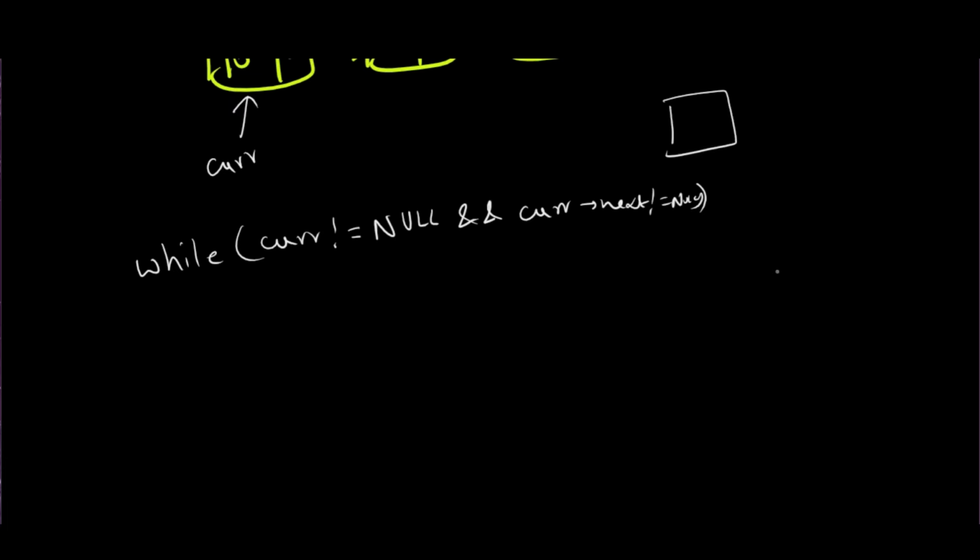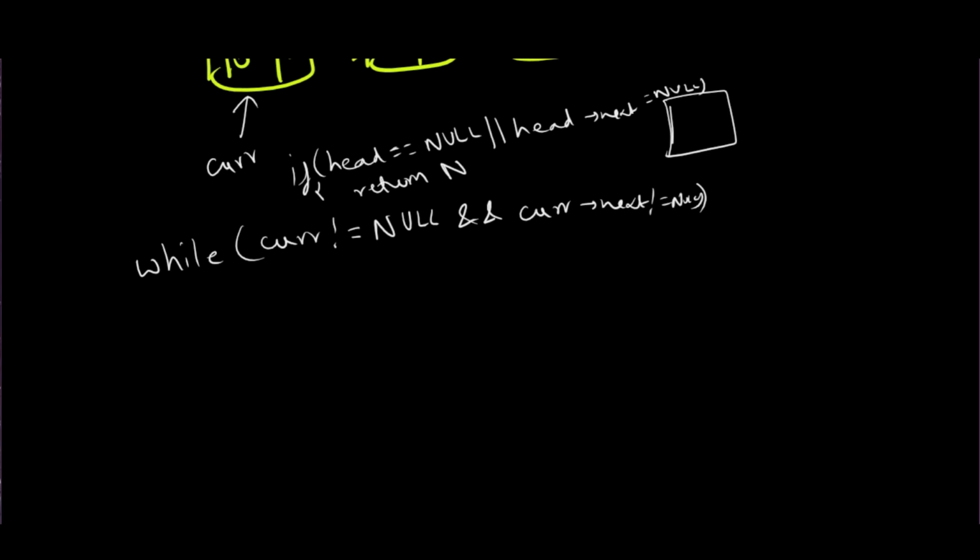We'll check at the beginning: it is also possible that there are no elements, so we'll check if head equals null or head's next equals null. If either of these two conditions is true, we'll simply